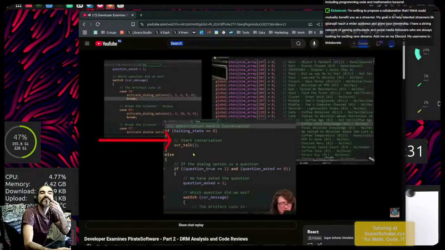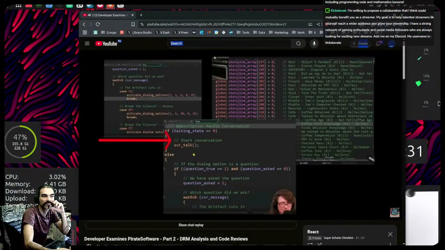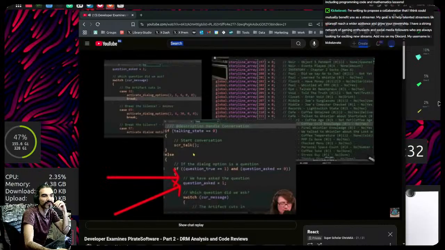For example, here he comments what the function call is going to do. There's no surrounding code inside the brackets to affect the function, and there's no parameters. If this needs a comment to understand what it's going to do, that means you should be renaming your function, not adding a comment. Also, redundancy like question asked equals 1 and set stuff is just wasting screen space. Maybe Jason was adding this for his live viewers so they would have a reference for what he was coding, but leaving this in afterwards I find questionable.